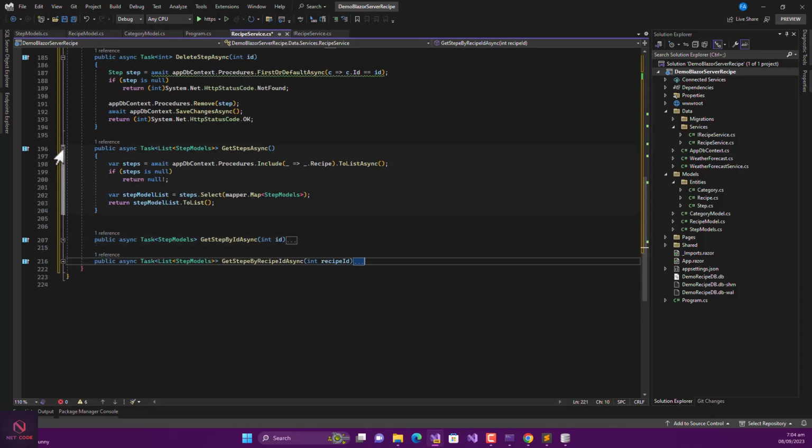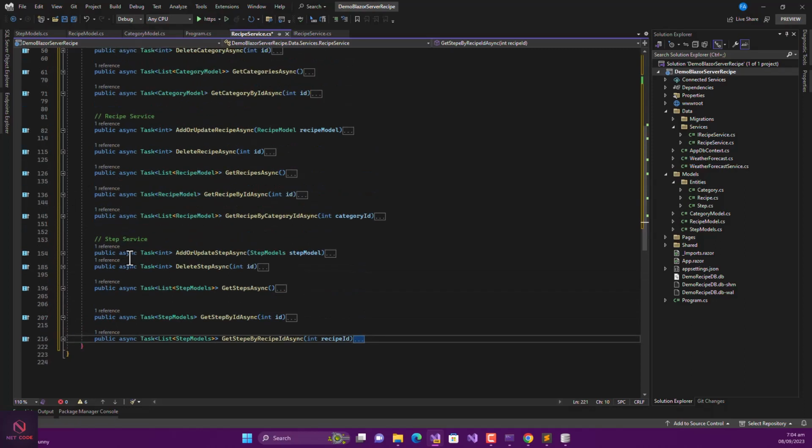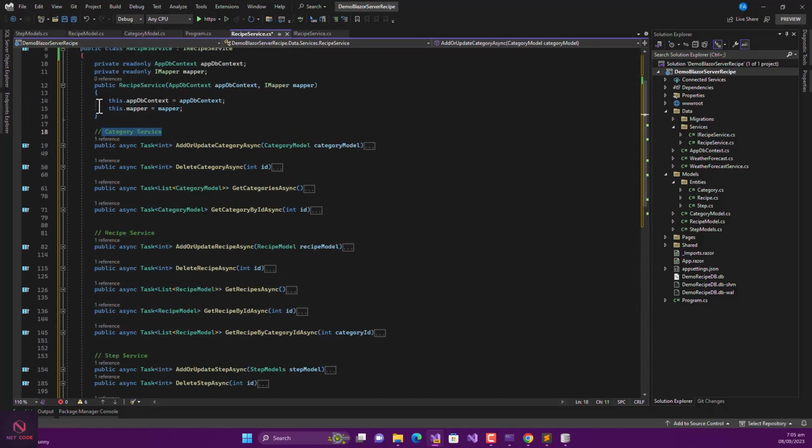So let's minimize them. So we are done with our interface and our service. So as you can see from here, we have 3 groups of services that have been created: steps, recipe, and also we have a category. Once you have a constructor initialized, our AppDB context and the mapper interface are also initialized and injected here. Let's save this. Now once you are done, you can see from here that we created this mapper interface, but